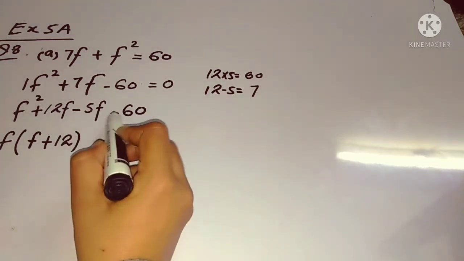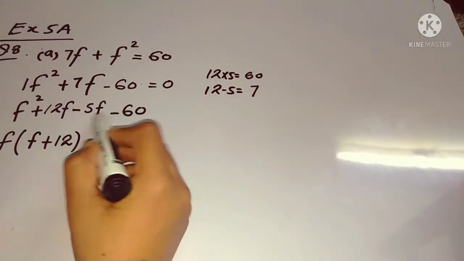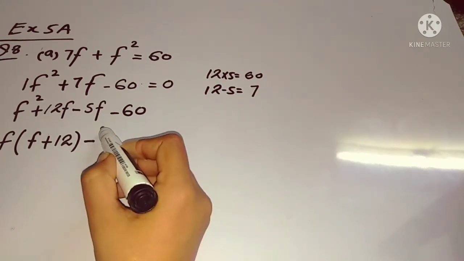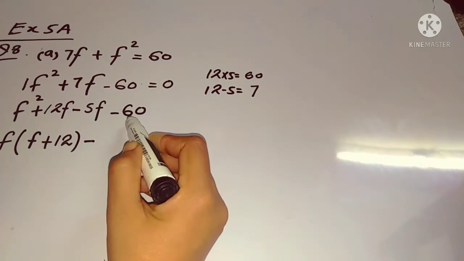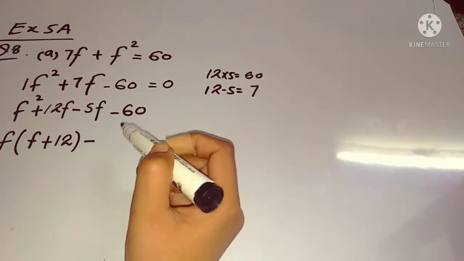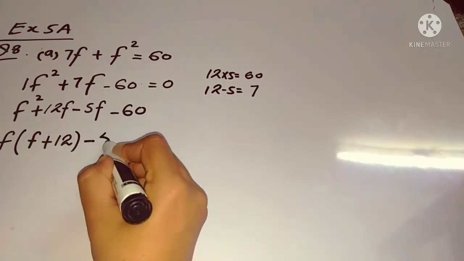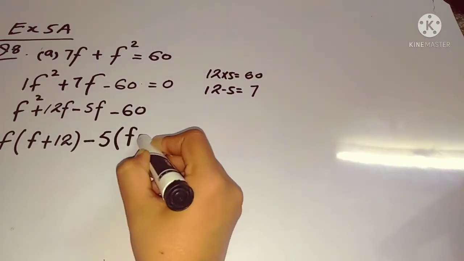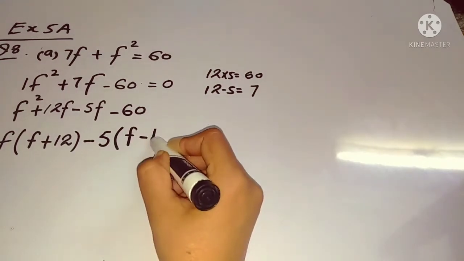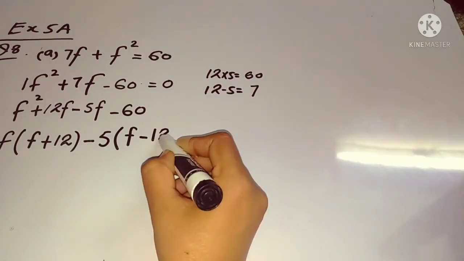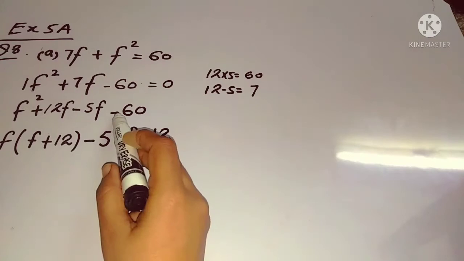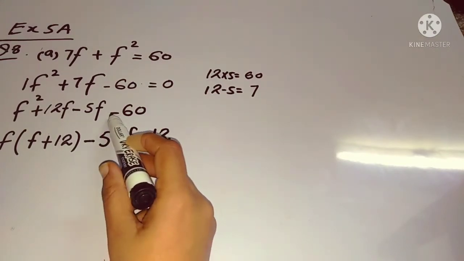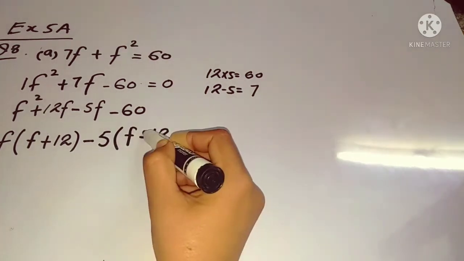Here you can see that from this term, the minus sign is with both terms, so I can take a minus common. Okay, what else is common? Here you can see that 5 and 60, both numbers are divisible by 5. So you will take 5 common. So here what's left? f is left. And minus 5 ones are 5, 5 twos are 10. As you have taken the minus sign common, students, remember that whenever you take the minus sign common, the sign inside the bracket will be changed. So this minus sign will become plus.